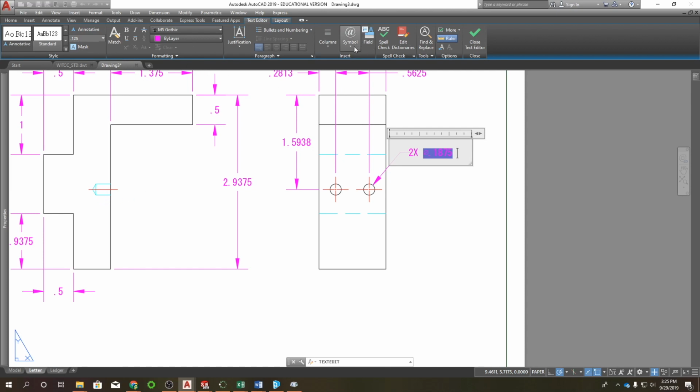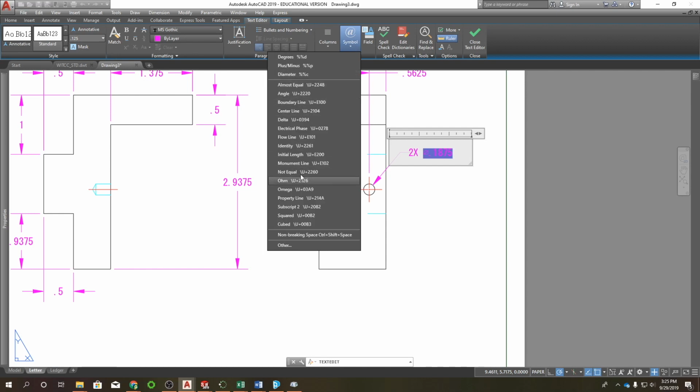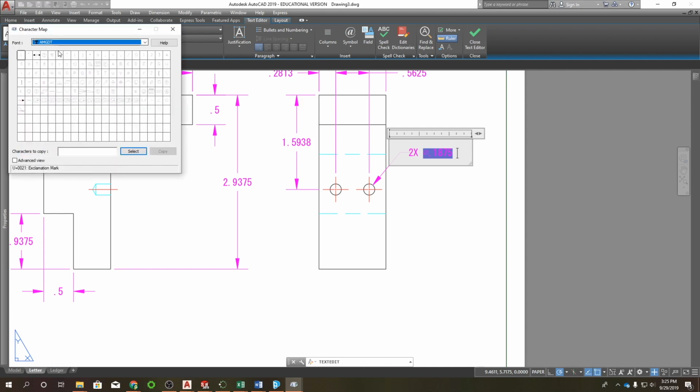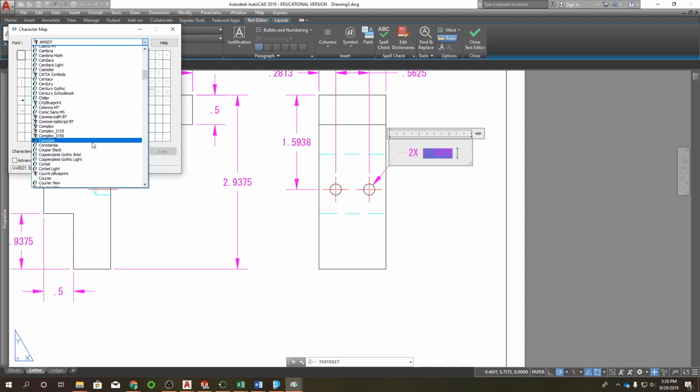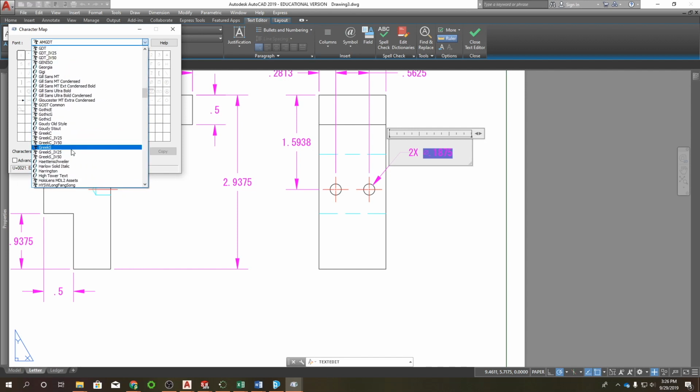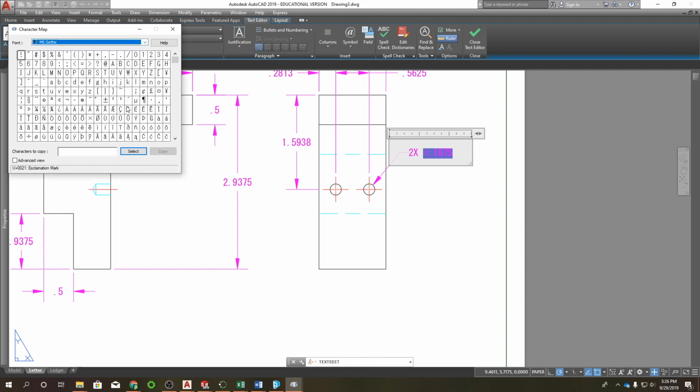I have this set to going down 1/4 inch, so I need to add the symbol for that, which if we come up here, it's not any of these, but we can go down to other. This font is different than what I'm using here, although the AMGDT has a lot of the symbols you would need, and the one we need is right here, but we can also find it in my font, whichever font you're using. I'm going to share this template with you. I'm using, let's see here, MS Gothic. And if you scroll down some,